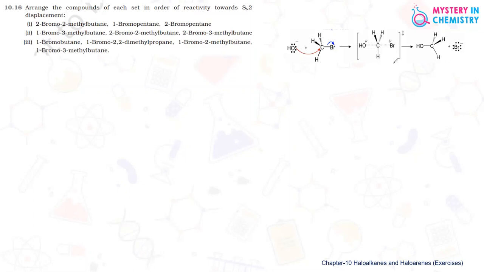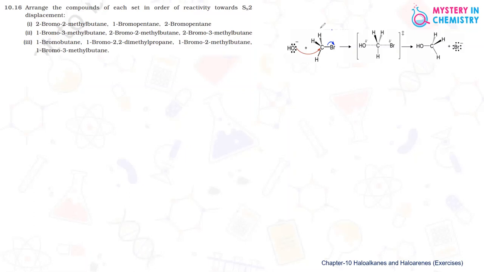A transition state is formed first, and after that the final compound, and breaking and making of the bond is taking place simultaneously. By that only transition state we are getting, which is highly unstable. It is in the bracket, and after that we can get the product, and the Br minus is the leaving group. So here in this case we have to remember that the reactivity will depend upon how easily OH minus ion can approach this carbon which is containing bromine.